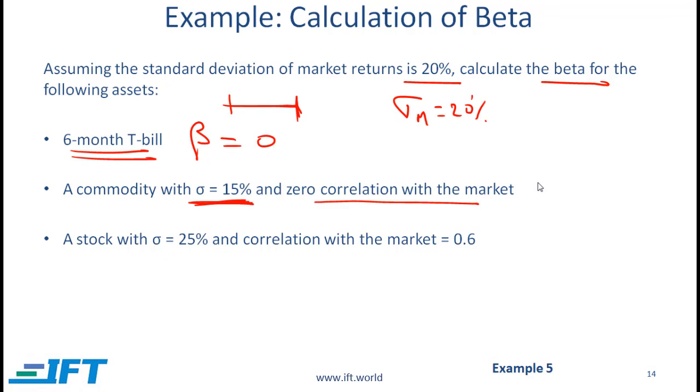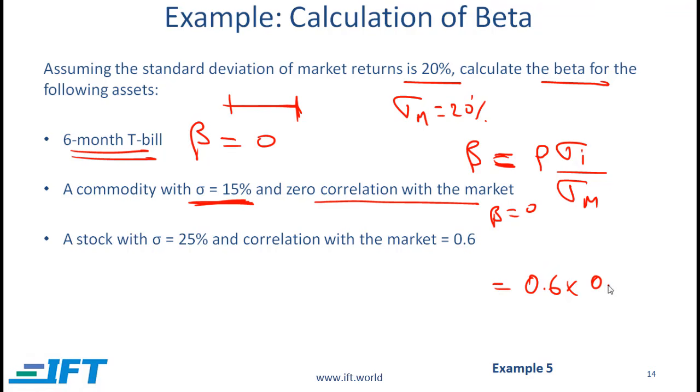If you go back to the formula that we just derived, beta is equal to the correlation between the security and the market times sigma I over sigma m. Since the correlation is 0, beta is going to be 0. And finally, a stock with sigma equal to 25% and correlation of 0.6. Here we need to use the formula. The beta is equal to 0.6 multiplied by sigma I, which is 0.25, divided by sigma of the market, which is 0.20, and this will be